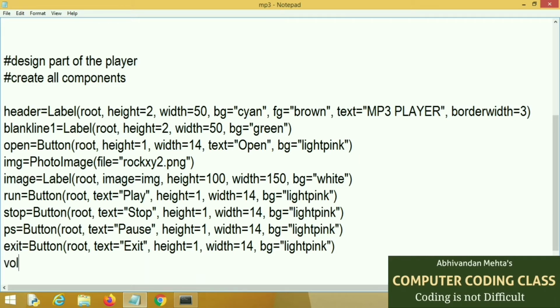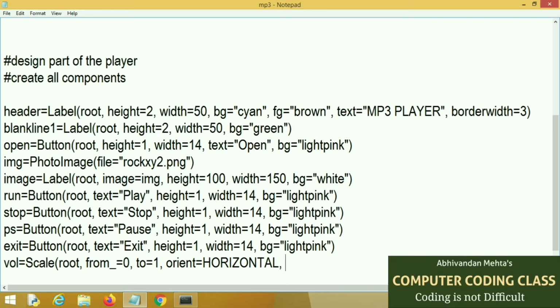Now we will place our volume control. Here I am using the scale component for creation of volume control. Its range is from 0 to 1 and it always increments by 0.1 when we press the button. Orient equal to horizontal means our volume control will be placed horizontally.